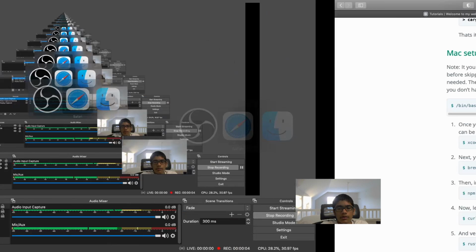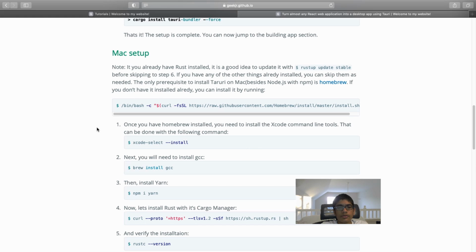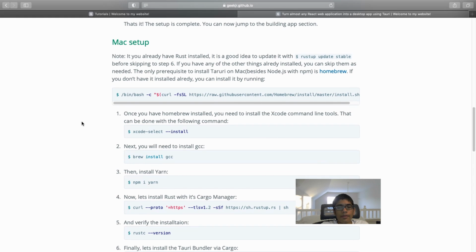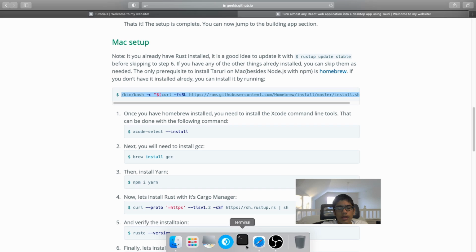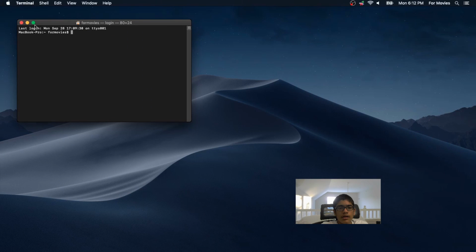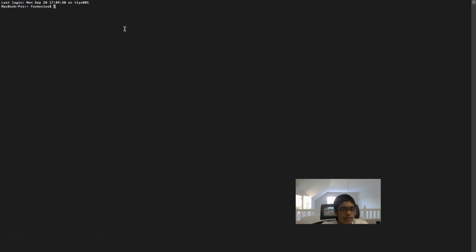Alright, so now I'm going to show you how to set up Tauri on Mac. Now, the only prerequisite to doing this, in addition to Node.js and NPM, is that you have Homebrew installed. I already have Homebrew installed, but if you don't have Homebrew installed, you can copy this command from the text-based tutorial and run it in your terminal. So Command V to paste it, and it'll ask you for your password since it has to access